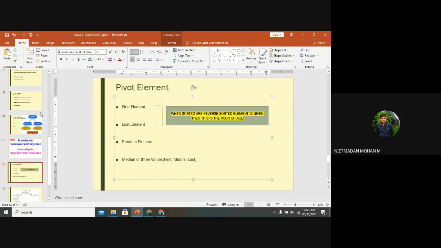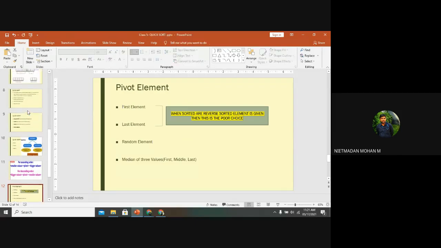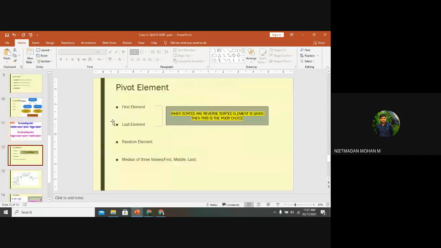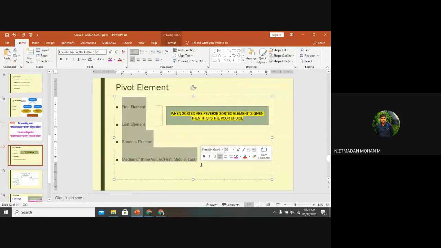Don't get confused. An unsorted list has been given to you. You want to select any one of the elements as the pivot. So for selecting the pivot element, we have 4 conditions. Whether you select the first element as your pivot value, or the last element, or a random element, or a median of 3 elements, that is first, middle and last. So those are the 4 conditions to select the pivot value. Are we clear about this? First, an unsorted list has been given. In that unsorted list, you select any one number as your pivot element, and that pivot element depends upon these 4 conditions, whether we select first, last, random or median of 3 values. Clear?